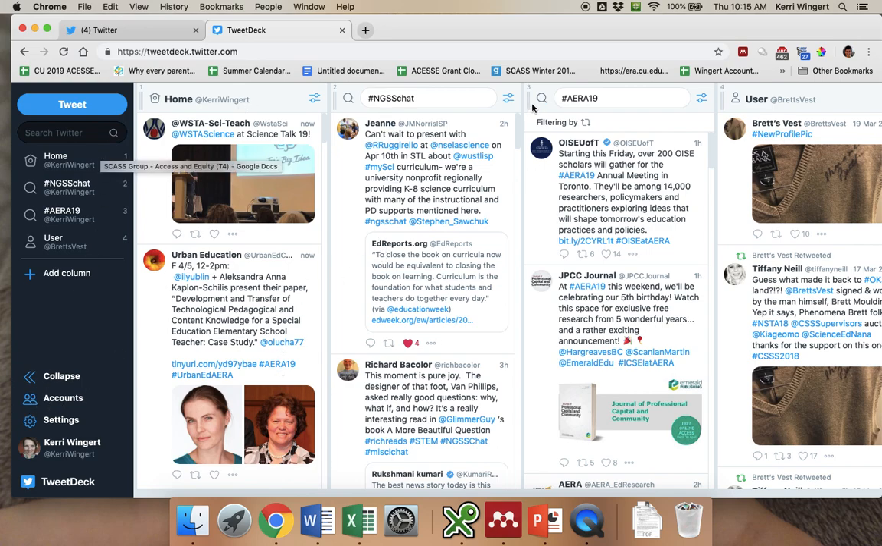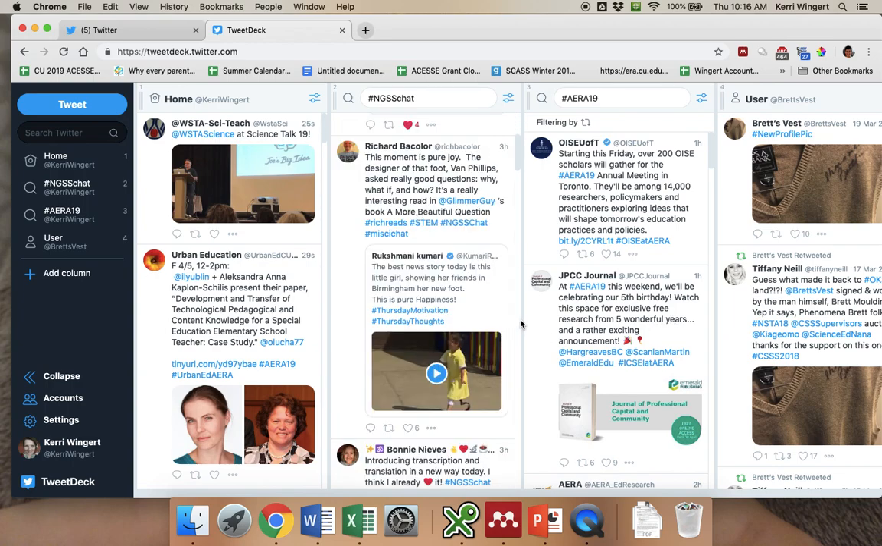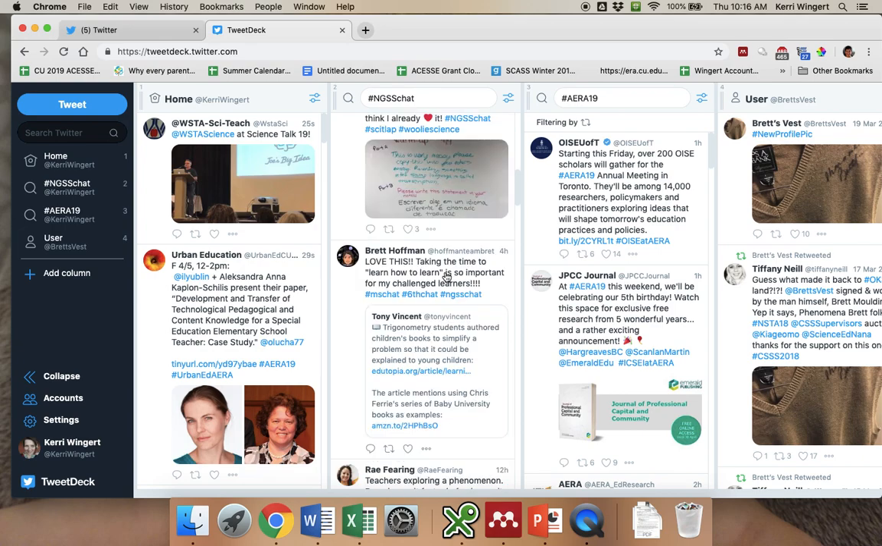But in each of these columns, you can follow a different hashtag or a different person. So this is my home, this is the same thing that I would be seeing if I were at Twitter. However, this automatically refreshes and I can just keep scrolling up, and it's much faster than the regular Twitter screen. NGSS Chat is here and it pops up as things come along. You can resize the columns